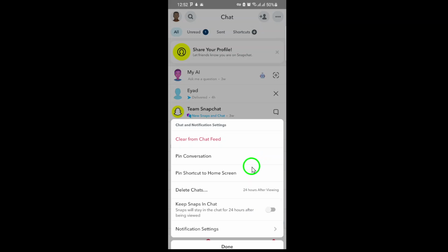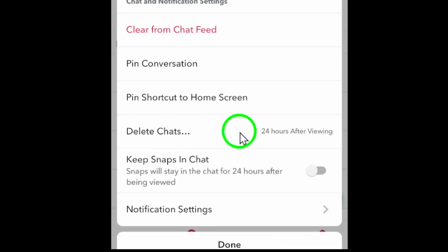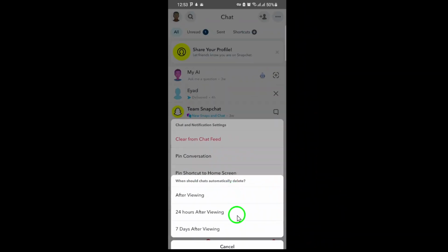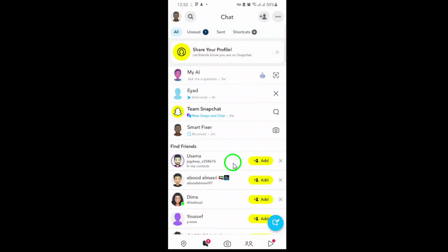Here comes the important part. Tap on Deletes Chats. You'll see a couple of options for when chats should disappear. Select After Viewing. This means every message you send or receive in this chat will be deleted automatically as soon as it's been viewed by both you and your friend. That's it. From now on, your chats with this friend will vanish right after they're seen, just like Snapchat originally